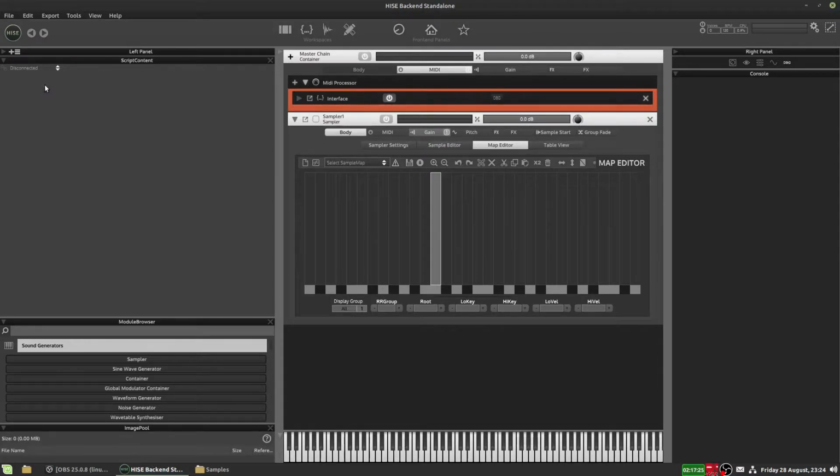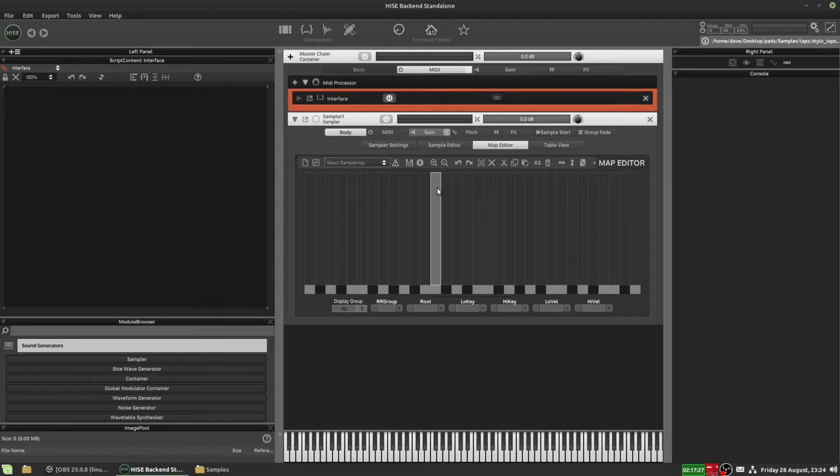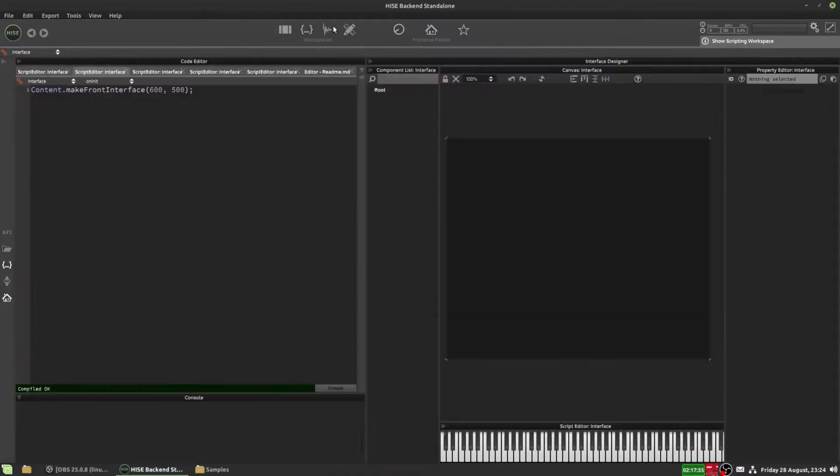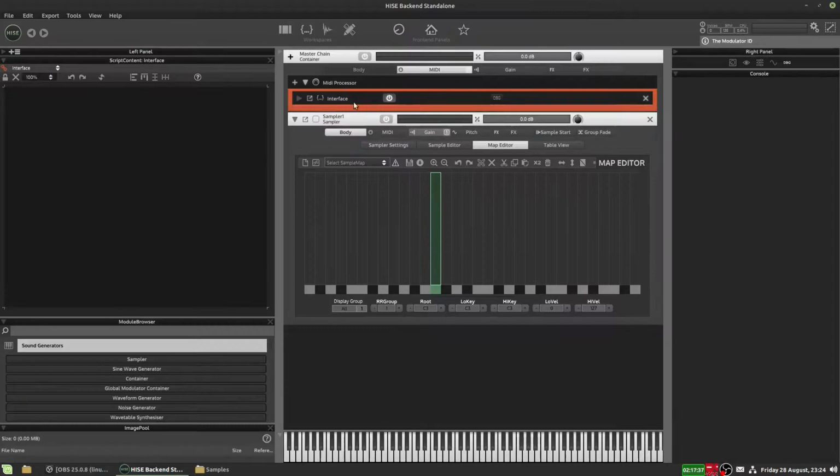So I've made a simple instrument. We've got one sample in here. This one I was actually using for another project. It's just a tapping sample. And there's nothing in the script yet. What we're going to do is add a thing in our script that says while the key is held down, it's going to repeatedly play this note. So it'll tap like that as long as the key is held,